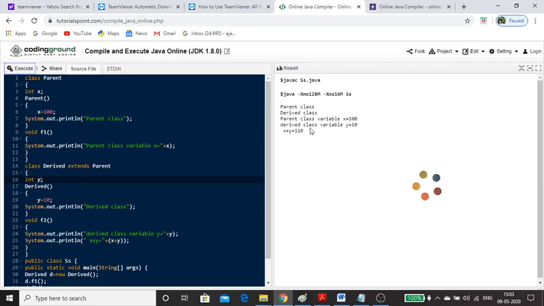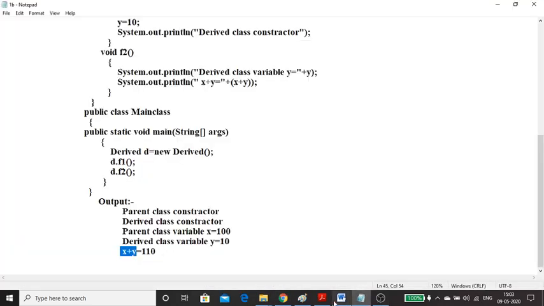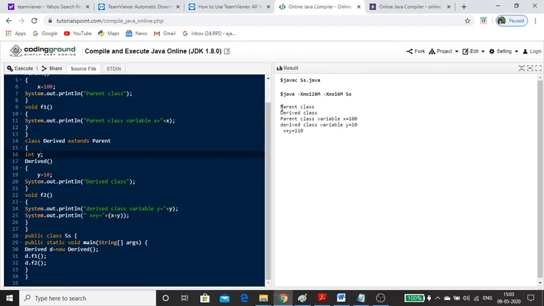Yes, see, I got the output. What I have written here, I got the same output. Okay, thank you.